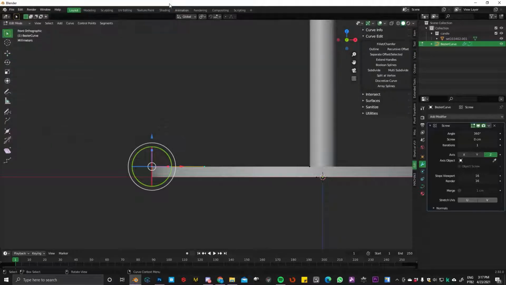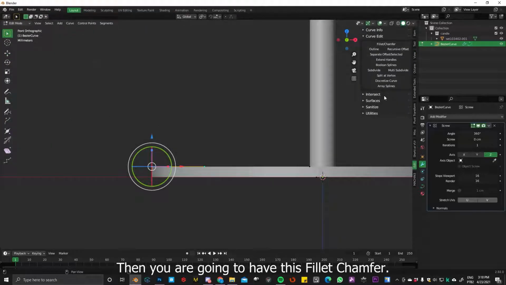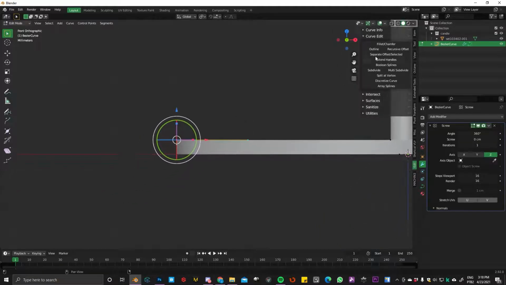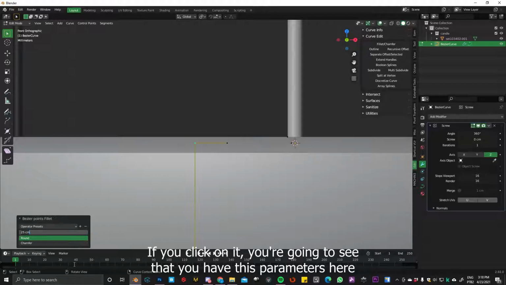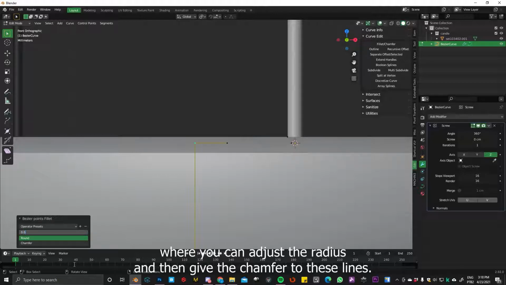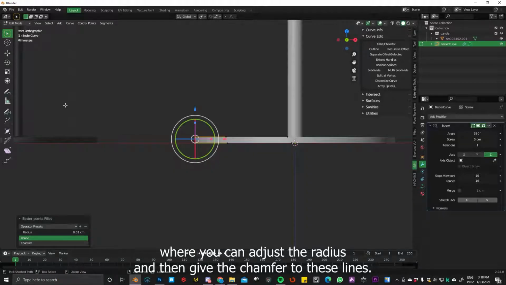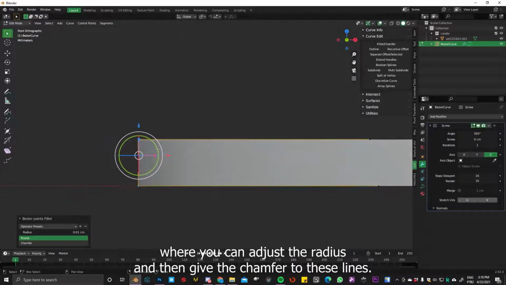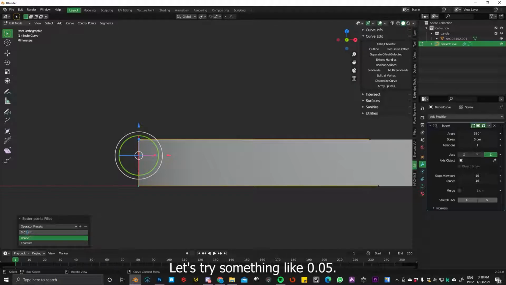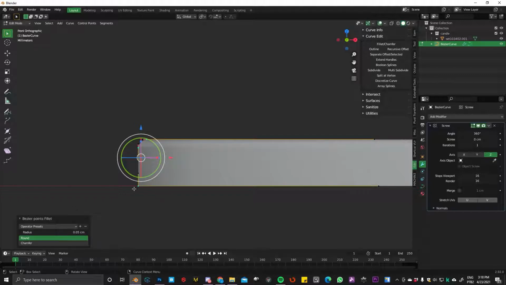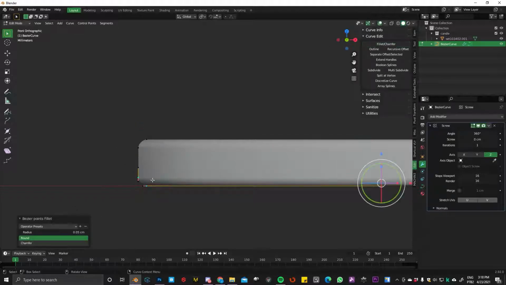Then you're going to have this fillet chamfer, and if you click on it, you're going to see these parameters where you can adjust the radius and give the chamfer to these lines. Let's try something like 0.005. Yeah, maybe it's a good number.